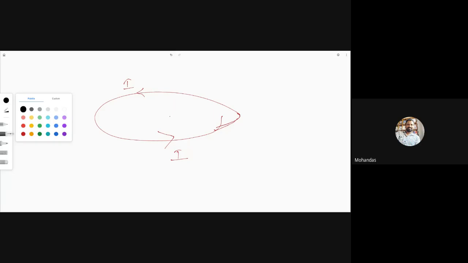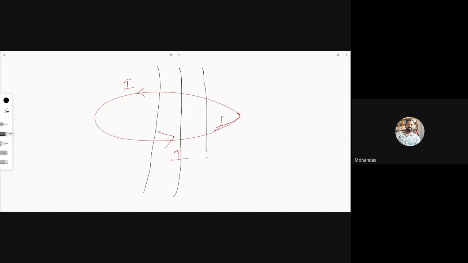Circular. Upward. Yes, it is in the direction of AZ. The magnetic flux lines are in this direction. Yesterday I discussed very clearly, and again we are in dilemma. So after completion of the class, I suggest you go through this concept once, go through the textbook and go through the material which I have sent.